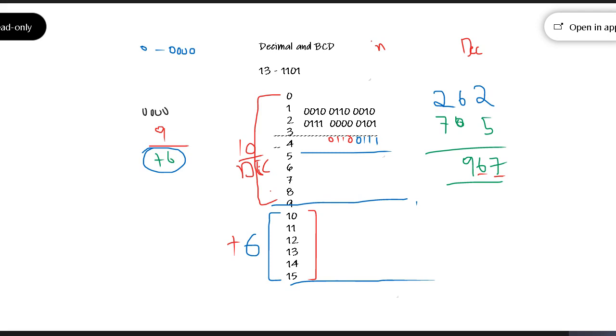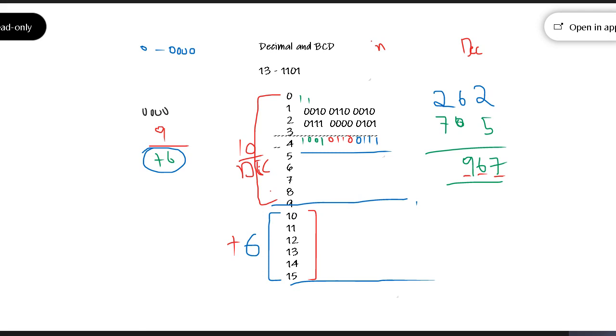Now, I think this will be, I should have tried some other number. This is a 1. 1 plus 1 is 0. 1 will come here. 1 plus 1 is 0. 1 will come here. This is also 9. It should be something bigger. Sorry. Wait.